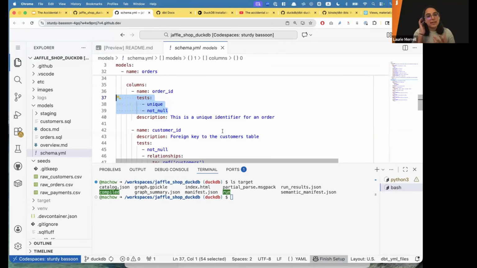One of the other things that DBT is doing is you don't have to write your own DDL or DML statements. With DBT, you can focus on writing the business logic in just SQL, and then DBT generates some of the boilerplate, like the create table as aspects. It takes that off of your plate.